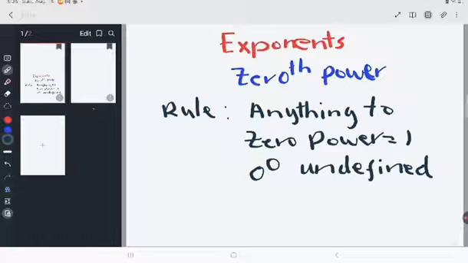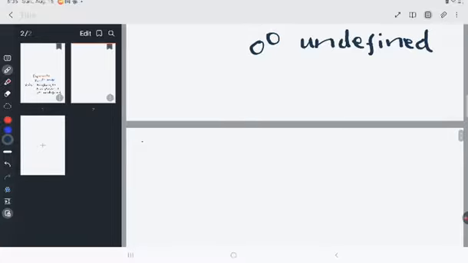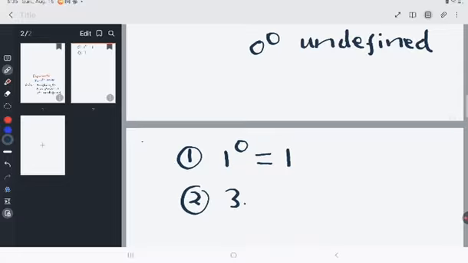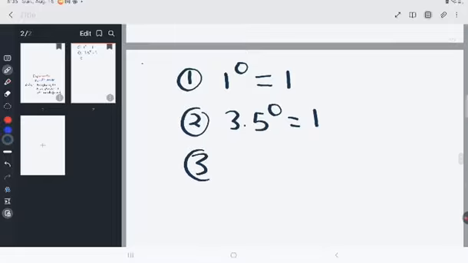So for our purposes, we're going to do just 4 simple illustrations so that you can have this in mind. If you have 1 to the 0th power, that becomes 1, because anything to the 0th power is 1. Second example, we can take 3.5 and raise it to the 0th power, and once again it equals 1. Another example, we can take a large number, maybe 3,600, we raise it to the 0th power, and lo and